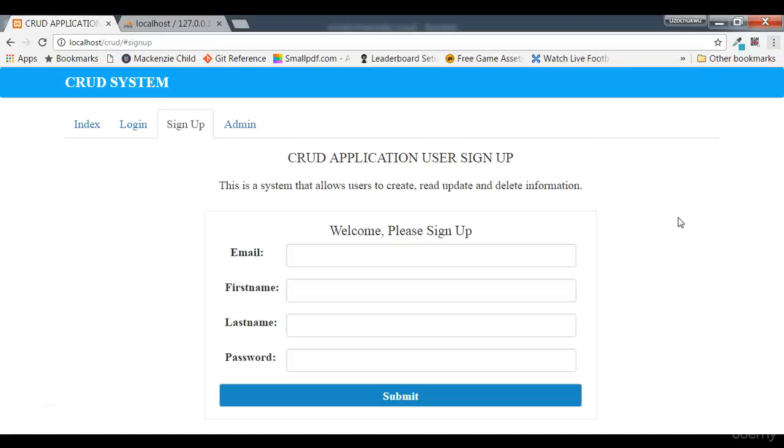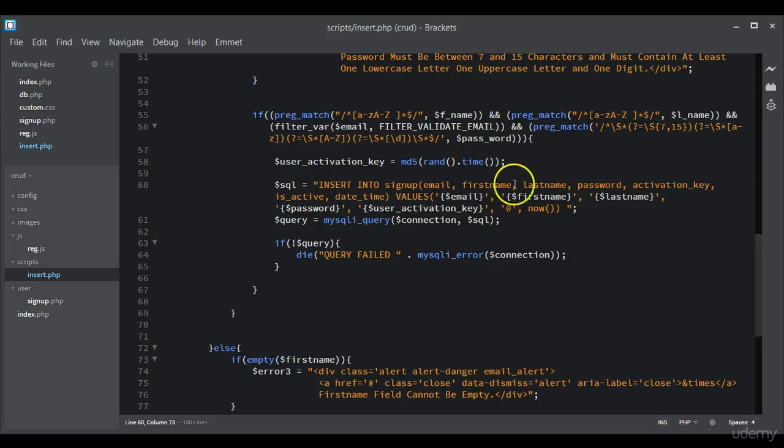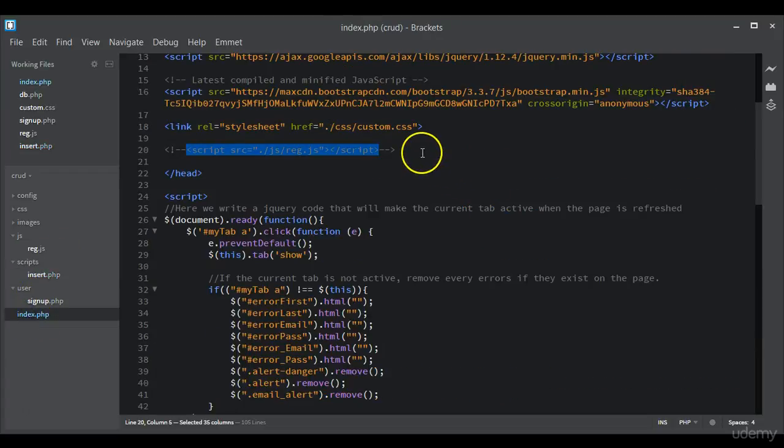So in the last video, towards the last part, we saw and tested the validations that we added to the server side, and we saw that it works the way we want. Now what we're going to do is we are just going to insert data into the database and see how it looks. But before then, we can go back to our project inside our index.php, and if you like,